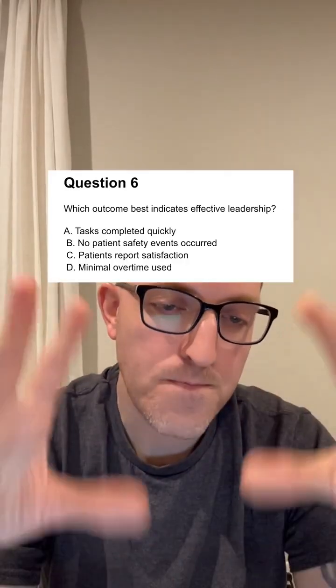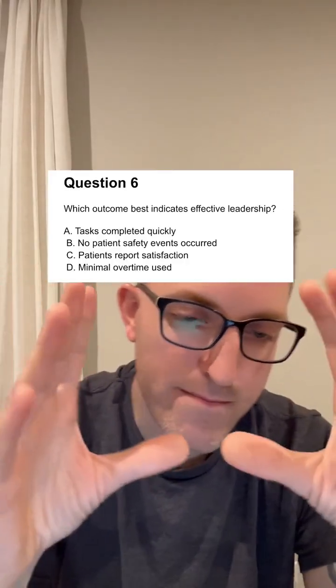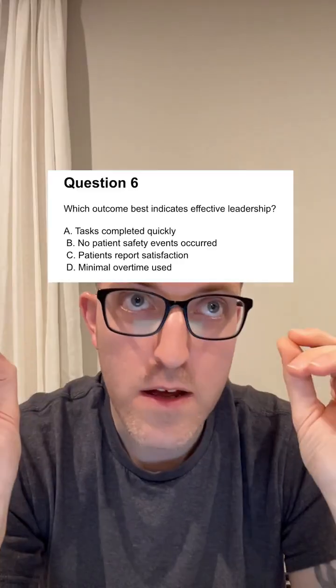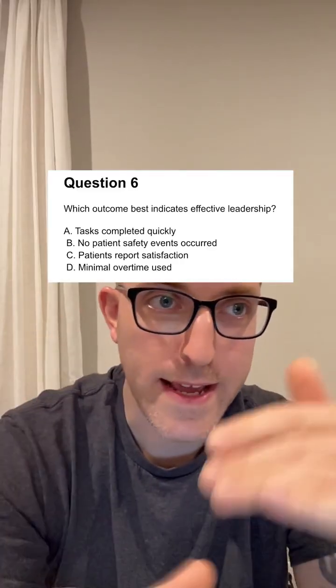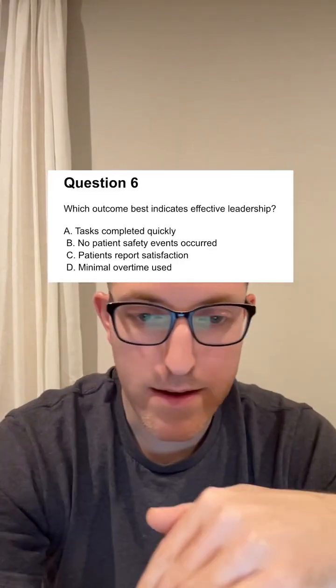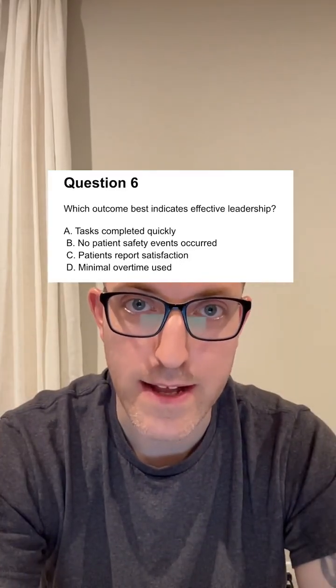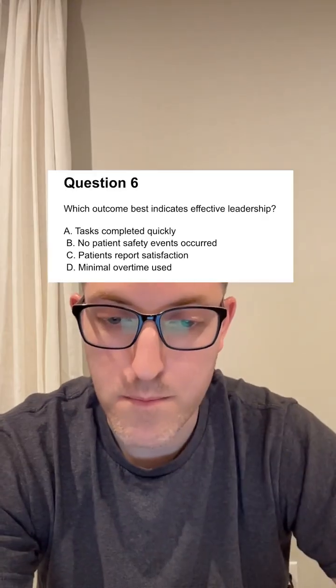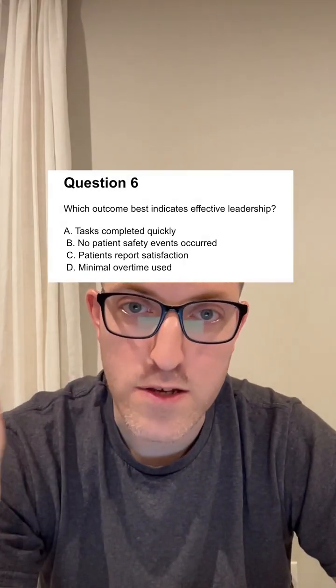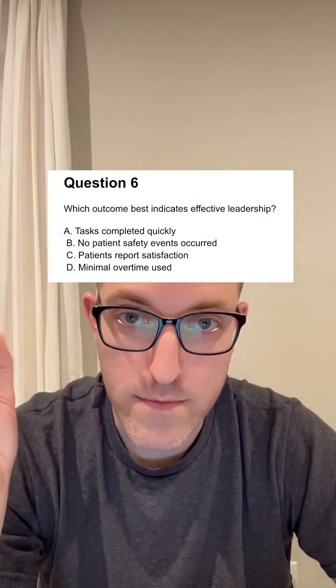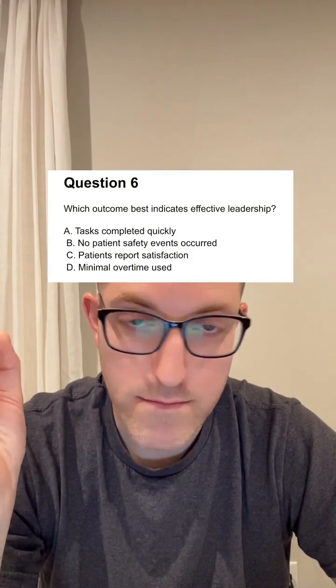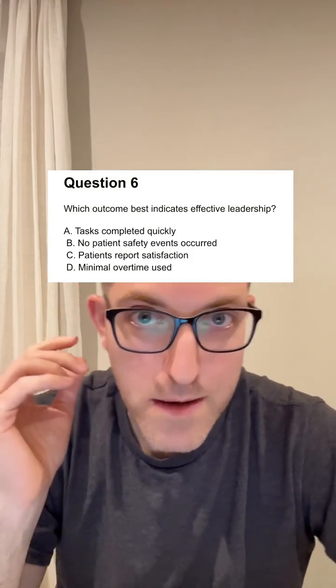This is more so, I feel some were more challenging than others, but understanding how to attack these case study questions and understand what they want. Yes, clearly here the answer is B. No patient safety events occurred. All right. If you didn't get B,